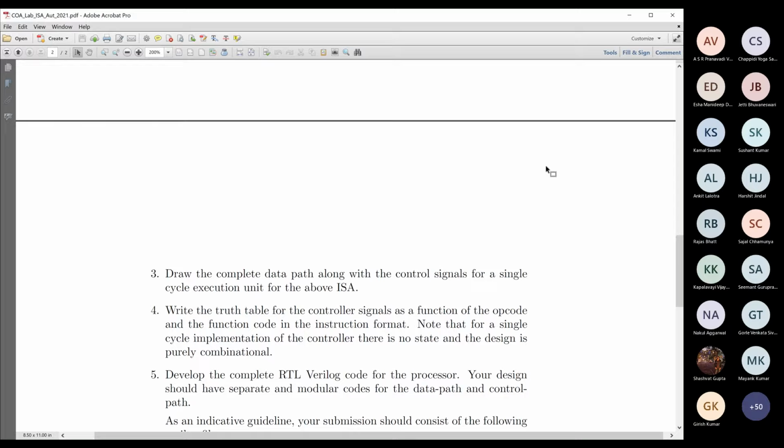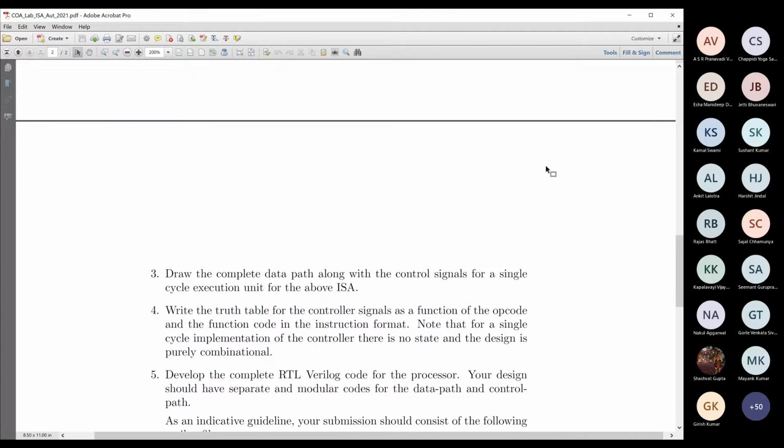For the diagrams, my suggestion is use some standard tool, like LibreOffice Draw or maybe MS Visio, any good vector graphic software to draw nice circuit diagrams. If you think it is too much trouble, then draw it on paper and then take a photograph or scan it and create a PDF.